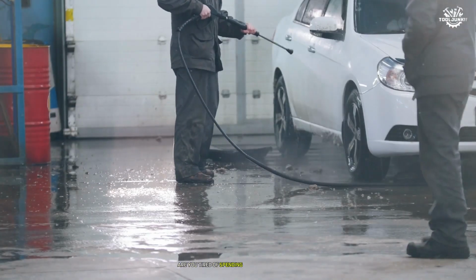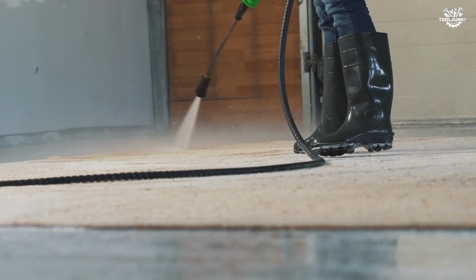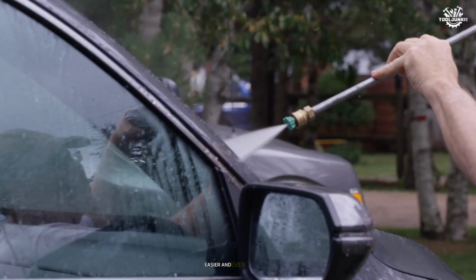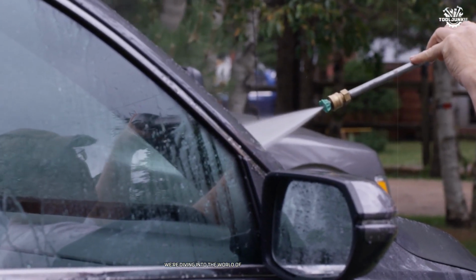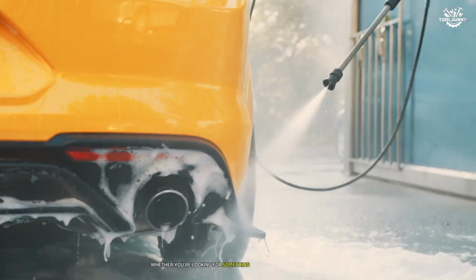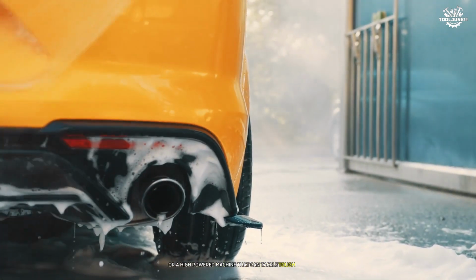Are you tired of spending hours scrubbing dirt and grime off your driveway, patio, or car? Do you wish there was a tool that could make these cleaning tasks faster, easier, and even enjoyable? Well, you're in luck, because today we're diving into the world of electric pressure washers to uncover the best models available. Whether you're looking for something compact and budget-friendly or a high-powered machine that can tackle tough jobs, we've got